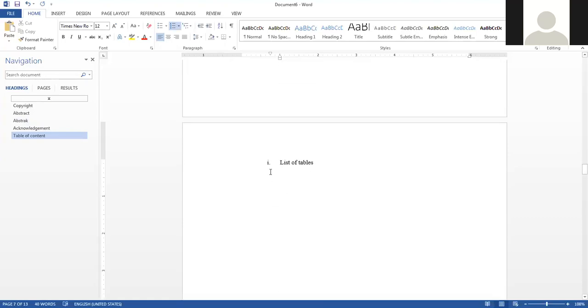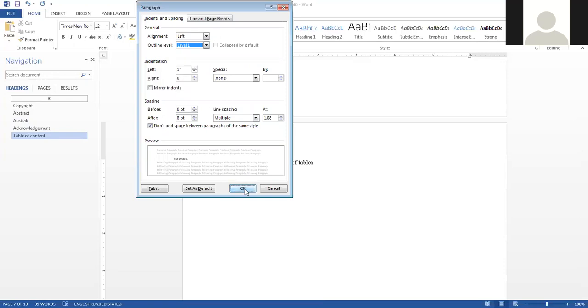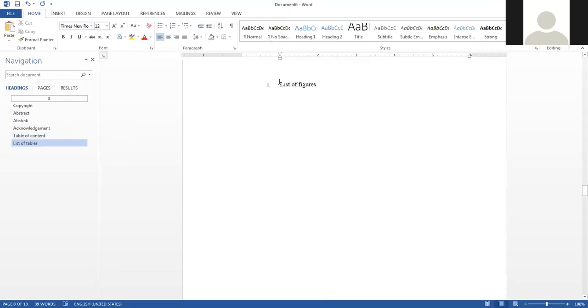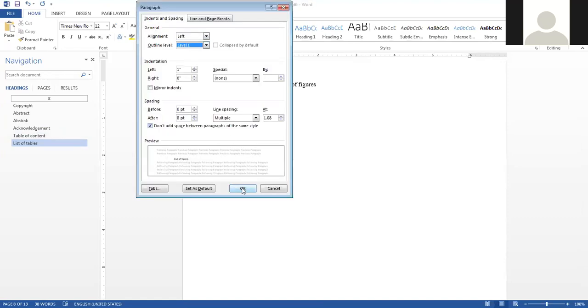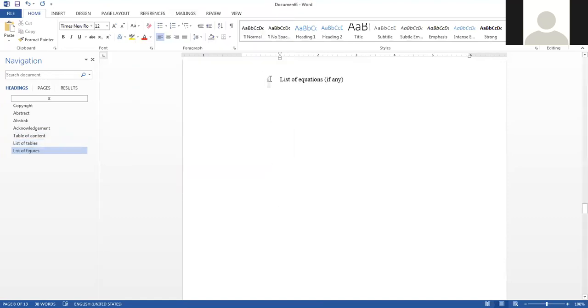List of tables. List of figures. List of equations, if any.